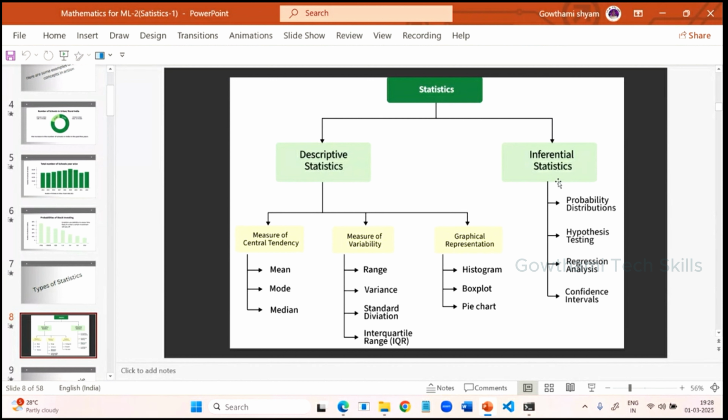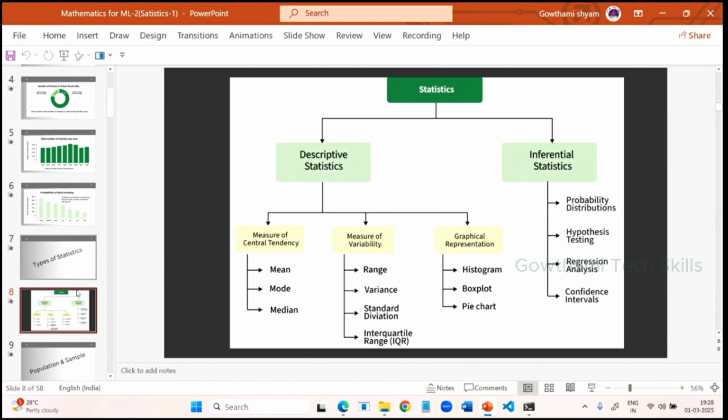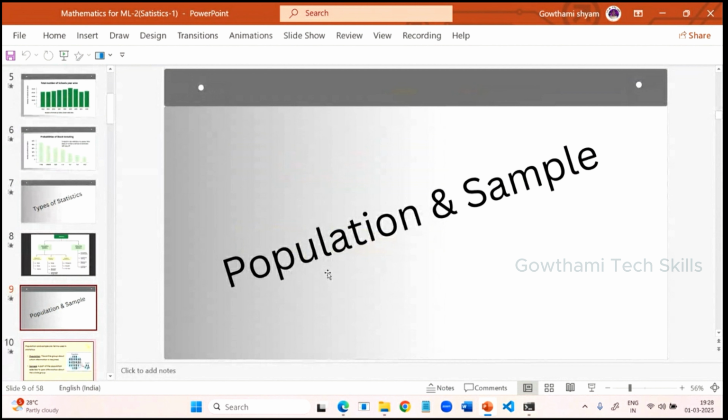And inferential statistics means for doing some predictions, we can make use of these kinds of things: probability distributions, hypothesis testing, very important thing, regression analysis, and confidence intervals. This and all we are going to discuss, very important. If you understand better here, when you're learning machine learning, it is very much simple to know. Okay. So before going to understand more about this descriptive analysis,